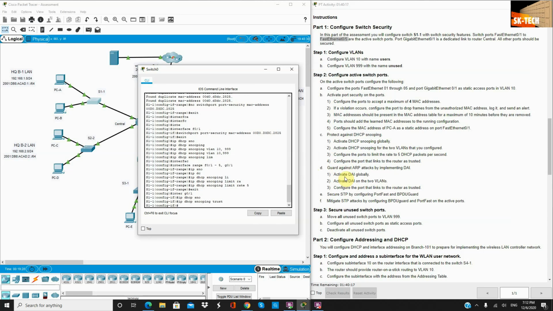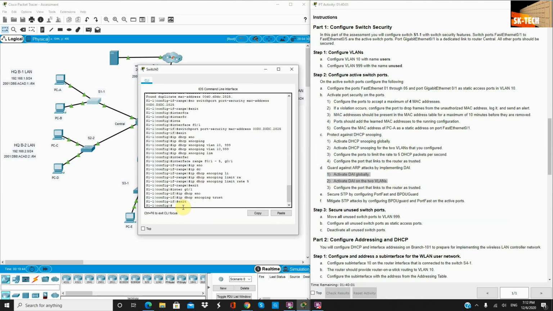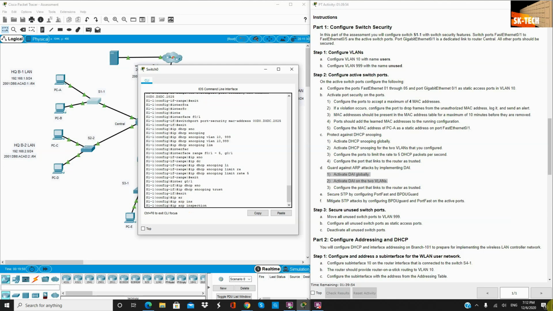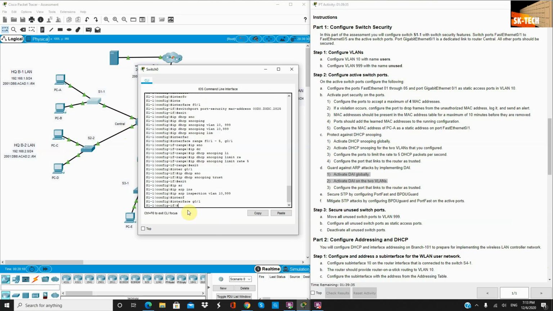protect against ARP attacks by implementing DAI. By the way, these 2 points can actually be configured with one command: ip arp inspection vlan 10,999. This is the command, and then we configure the port that links to the central router as trusted. Interface G0/1, ip arp inspection